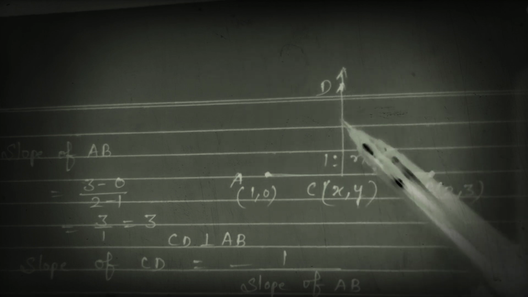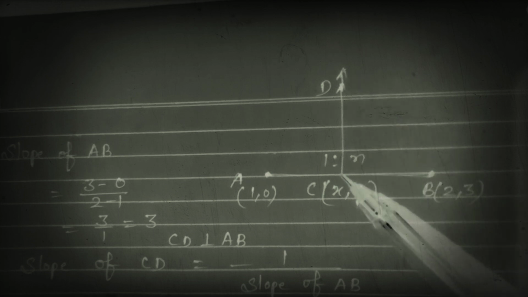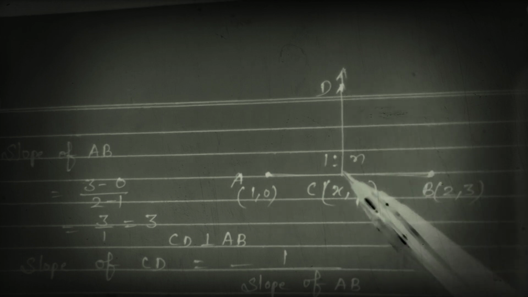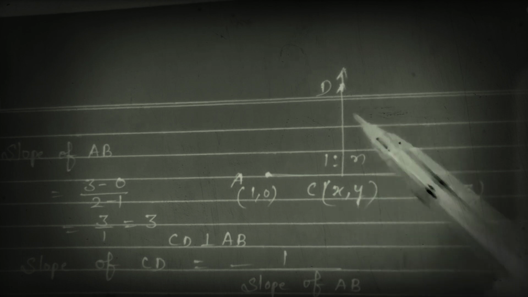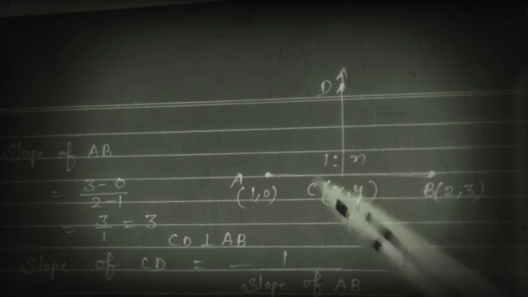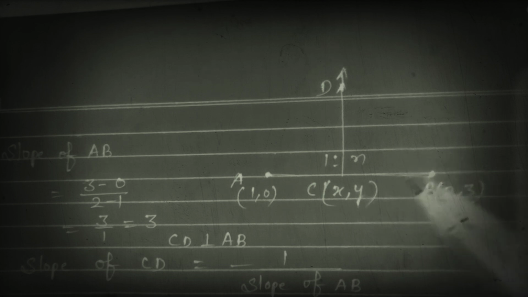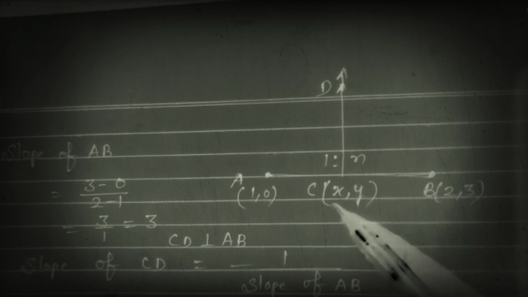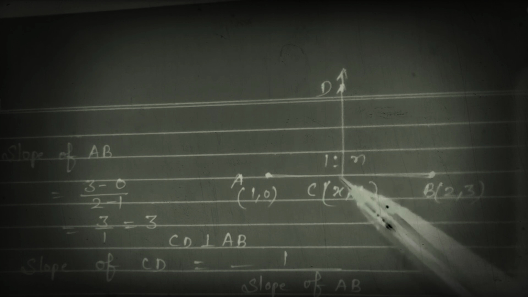But for making the equation of this line, we have slope, no passing point is given here. So firstly we will find passing point, slope we know that, then we can make the equation of line. So how we will find equation of line? पहले AB का slope निकालकर आप CD का slope निकाल लेंगे. Then we will find C point, passing point of this line, then we can make the equation.